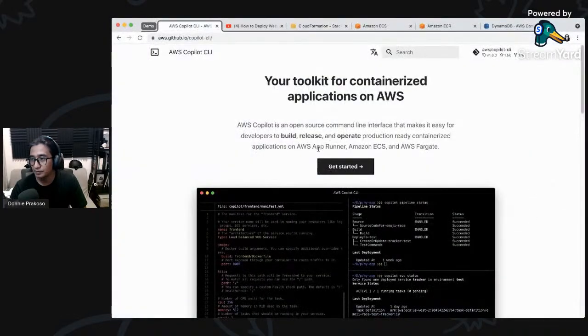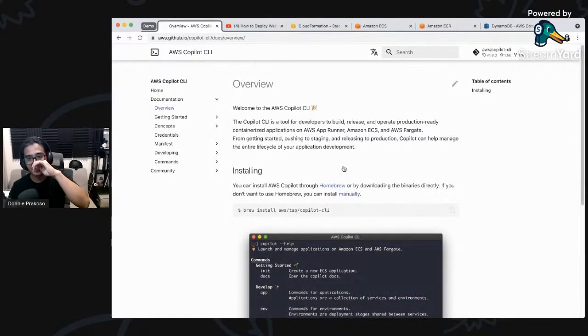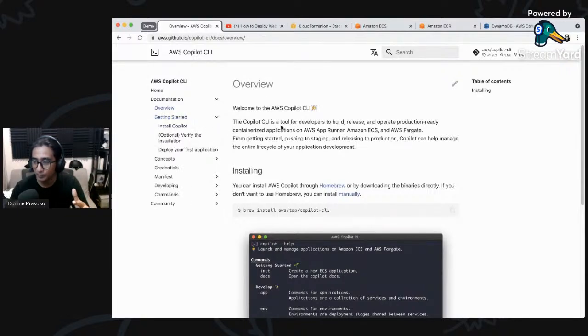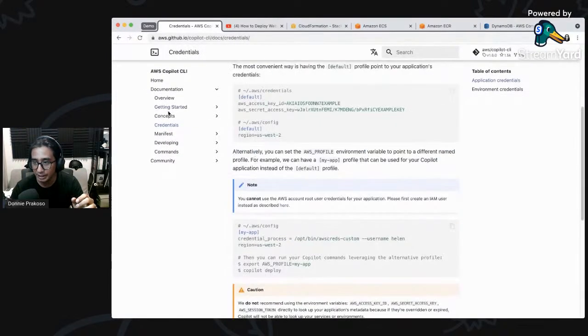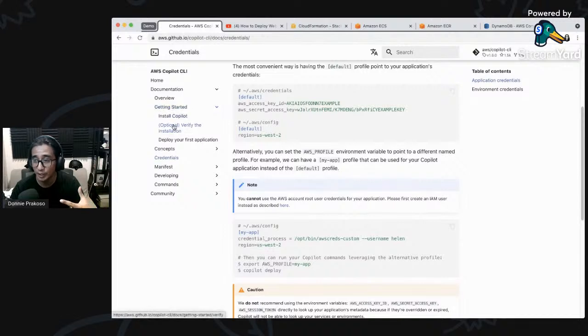And yeah, so let's talk about this Copilot CLI. I know that I've already mentioned a couple of things in advance, like service discovery and all that stuff. Everything is already provided here in this Copilot documentation. There's a nice concept that helps you to understand how everything works with AWS Copilot, and I also need to mention that Copilot makes it easy for us to store credentials. You can put secrets here with Copilot. Essentially, it's going to use the SSM